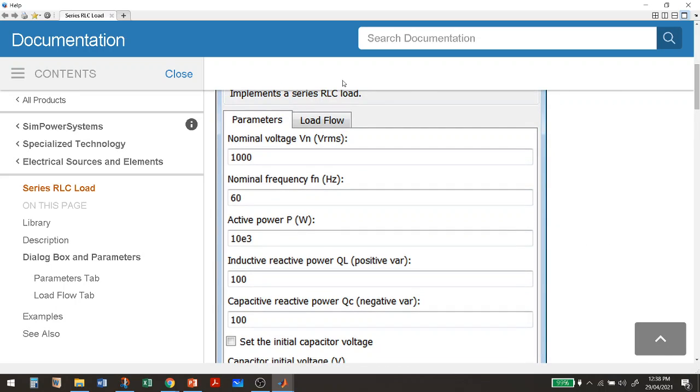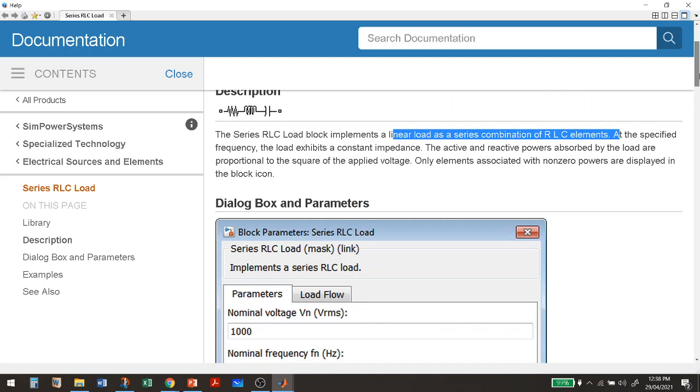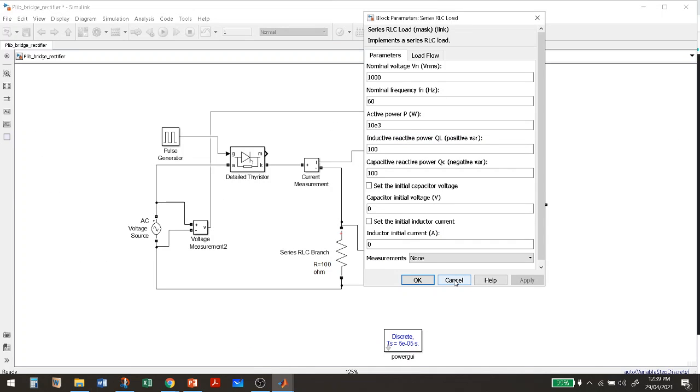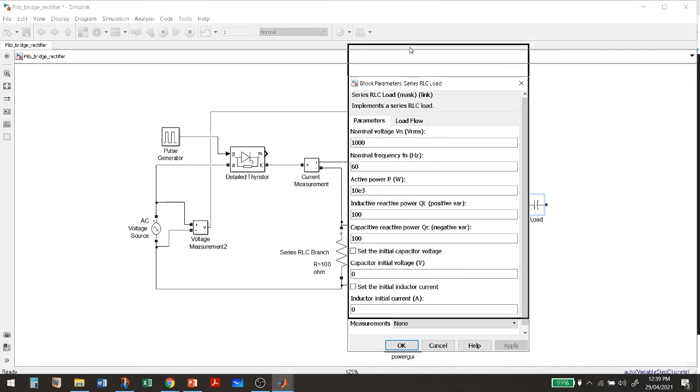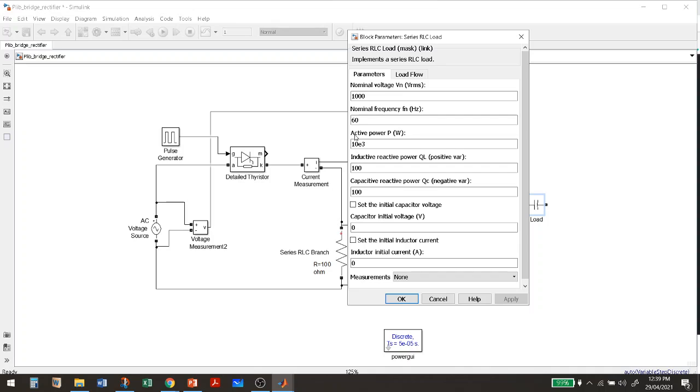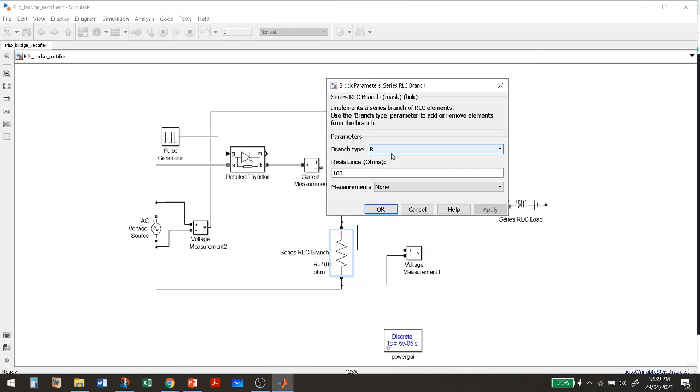There you can see that if you know the values of the RLC circuit, then you can put in this series RLC branch. You can interchange these values also, if you want R type of load, L type of load, or C type of load. But in this case, you cannot change those RLC type values, whereas if you double click here, there you can see that you can change.